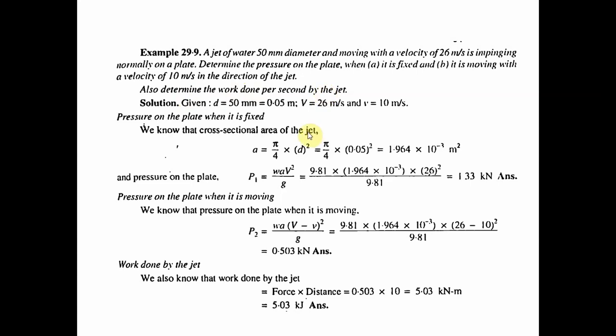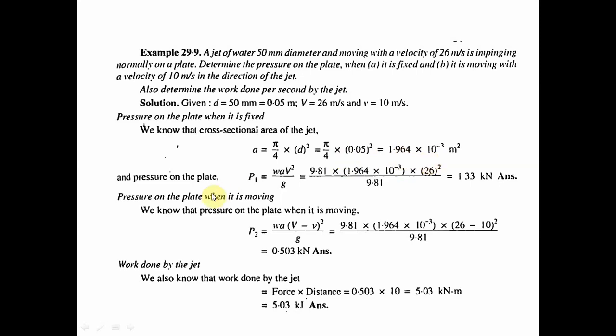Given diameter of the pipe is 50 mm, that is equal to 0.05 meters, and V is equal to 26 meters per second, and v is equal to 10 meters per second. Therefore, pressure on the plate when it is fixed is, we also know that cross section area of the jet is A equal to pi by 4 into d square. Therefore pi by 4 into 0.05 the whole square, that is equal to 1.964 into 10 raised to minus 3